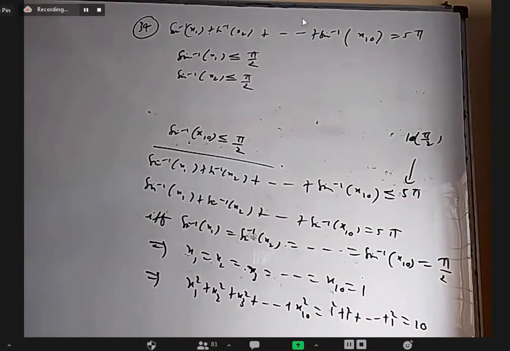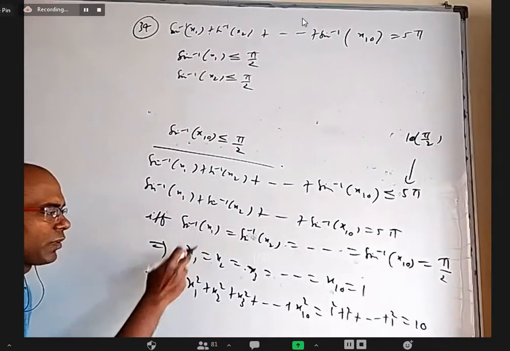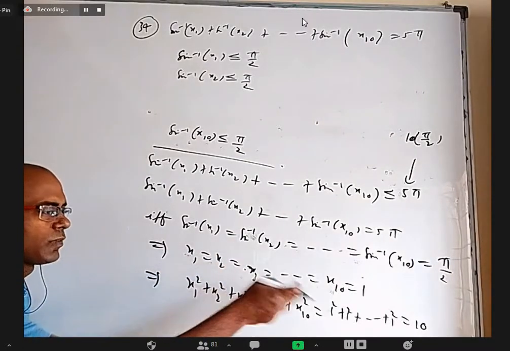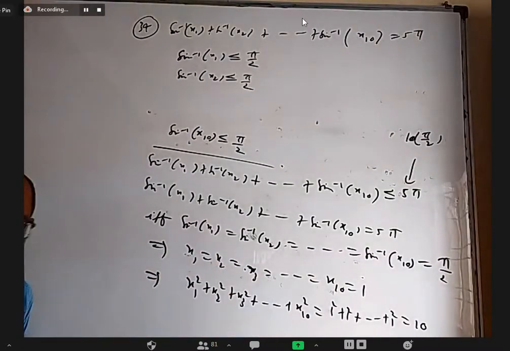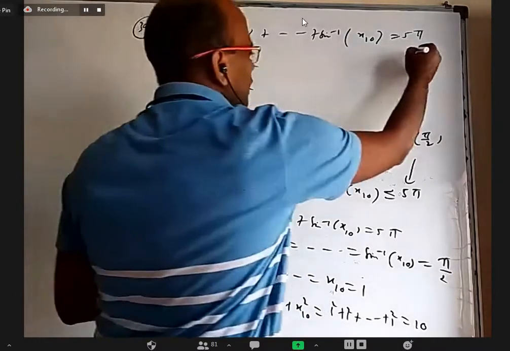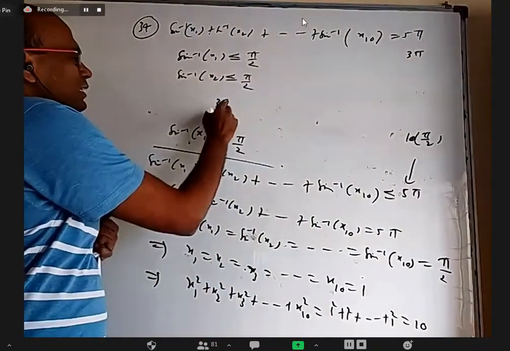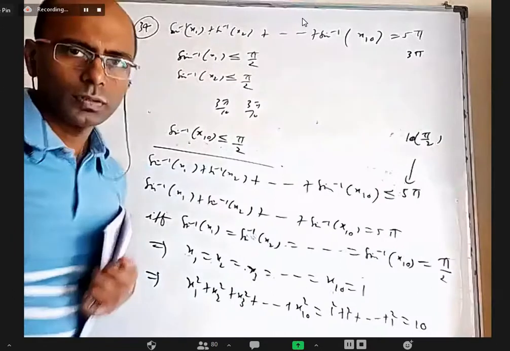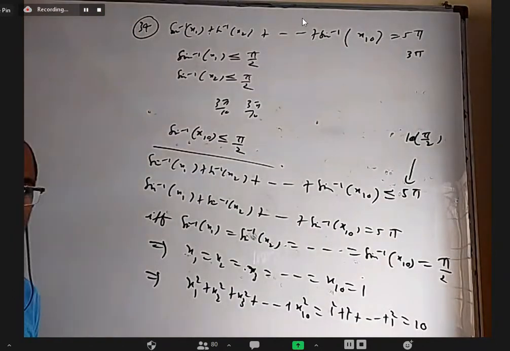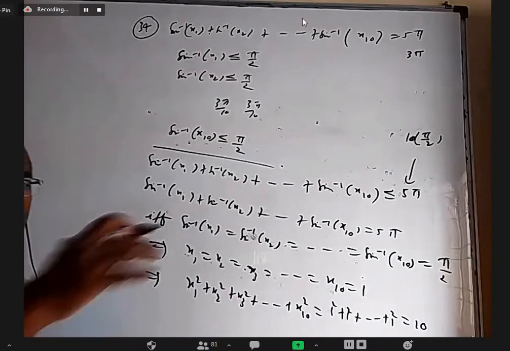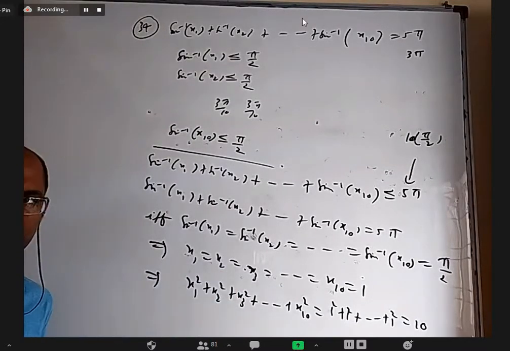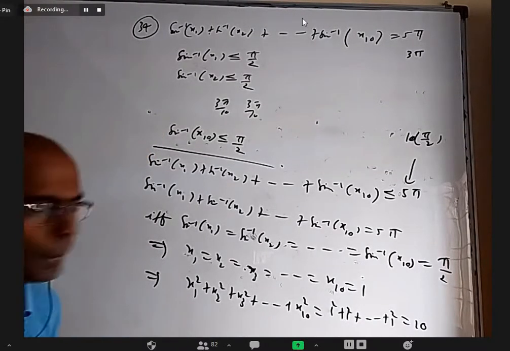Then for this to be pi by 2, x1 must be 1. For this to be pi by 2, x2 must be 1. Like that, everything should be 1. And the question is the sum of their squares. Let us say they would have given 3 pi to me. I cannot say everything should be 3 pi by 10, because some can be more than 3 pi by 10, some can be less than 3 pi by 10, and the whole thing can be 3 pi. Which one is less than 3 pi by 10, or how much less, it can keep changing. But equal to 5 pi, there is no such case, right?